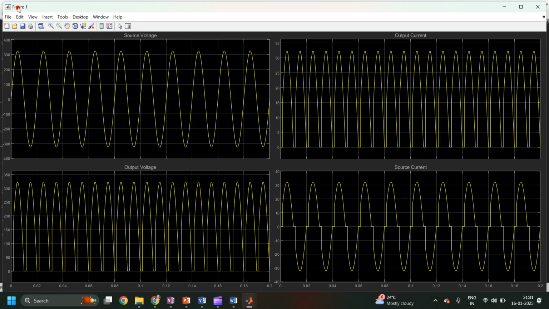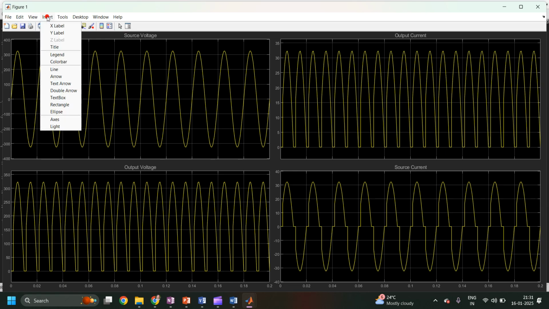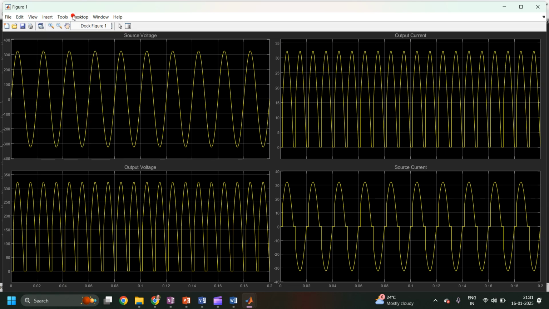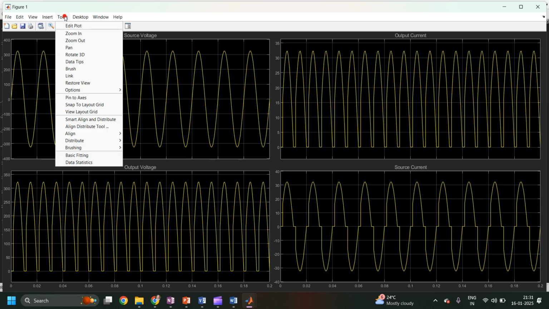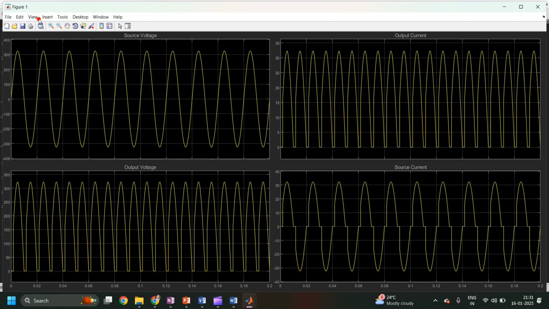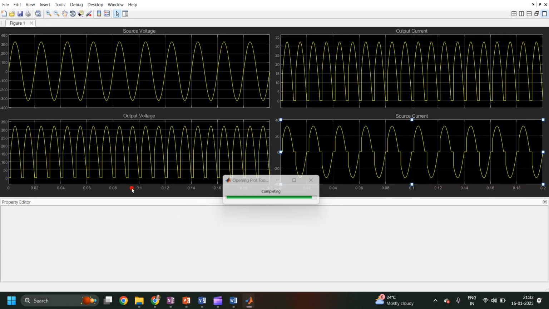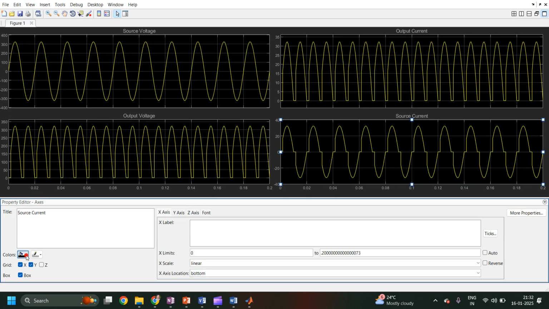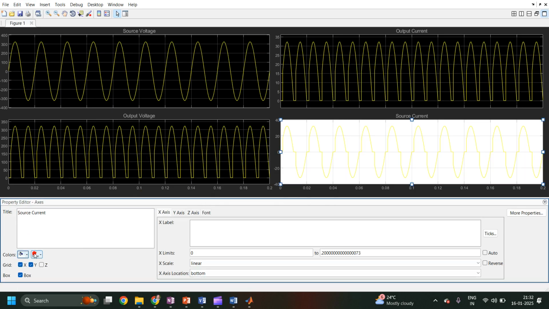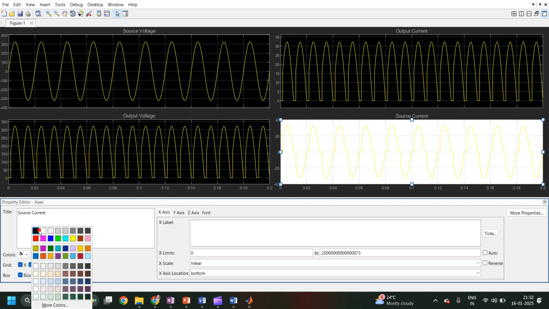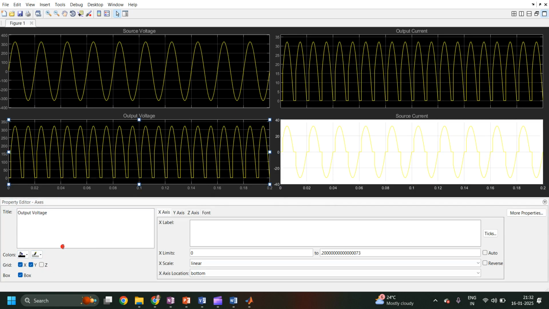See, now its name is not a scope. It is a figure window, and I can edit it. Go to Tools, sorry, go to the Property Editor block. It will open the property editor block on the bottom side. Now I can change this figure color to white, and the background color also to white. So everything I can change to white,